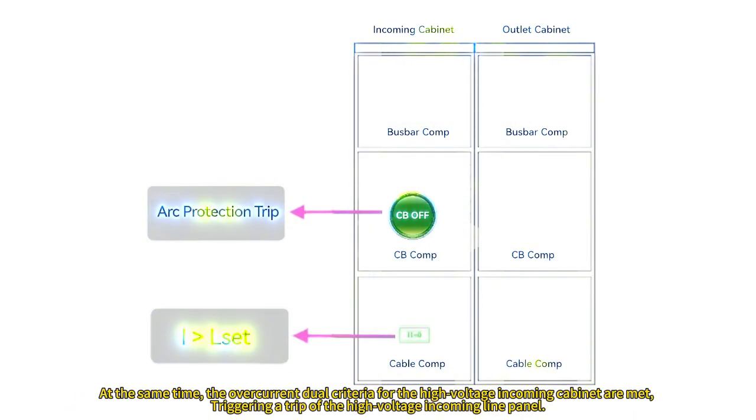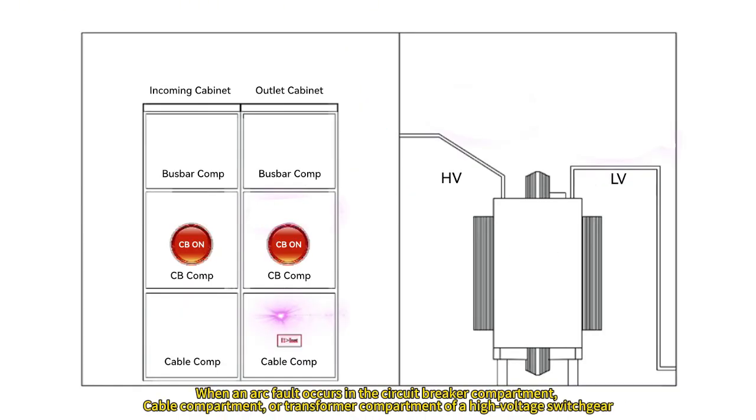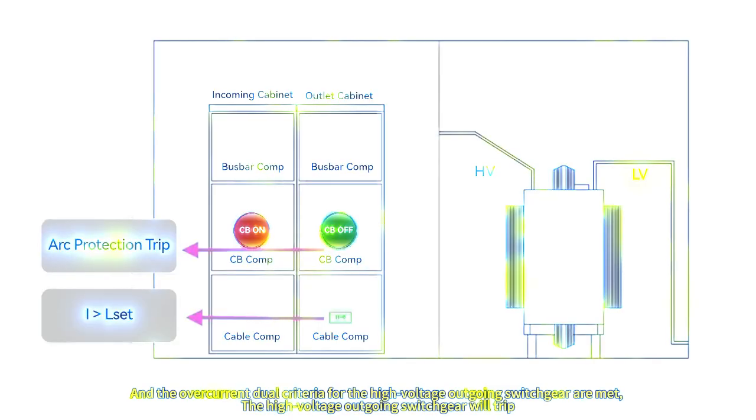When arc flash occurs in the busbar compartment of the high voltage incoming and outgoing switchgear, and at the same time the overcurrent dual criteria for the high voltage incoming cabinet are met, it triggers a trip of the high voltage incoming line panel. When an arc fault occurs in the circuit breaker compartment, cable compartment, or transformer compartment of a high voltage switchgear,